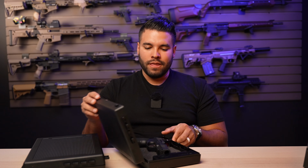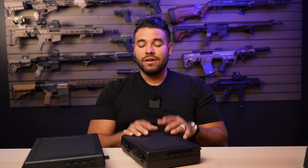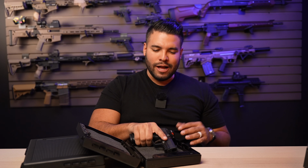And that's why I love it, because it gives me, again, rapid access to my firearm in a time of need. Every single time I get back from work, I put my gun in there, my holster right beside it, and close it up. Now, the reason why I put my holster beside it is because if I'm going to get my gun, I don't want to grab it, get it out of the holster, and then go to work. That's just more time for me to think. And if I'm waking up out of a deep sleep, I don't want anything to be intruding on my thoughts besides